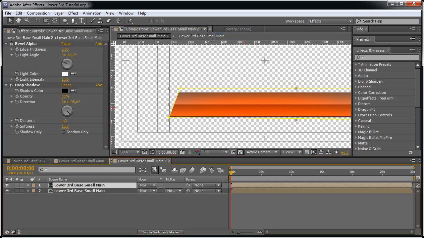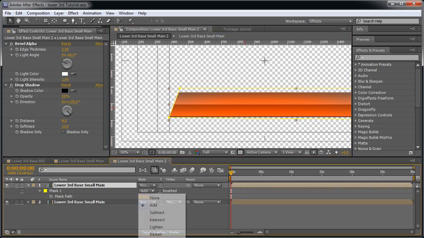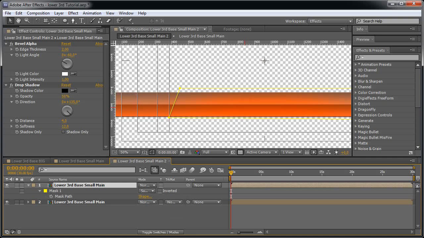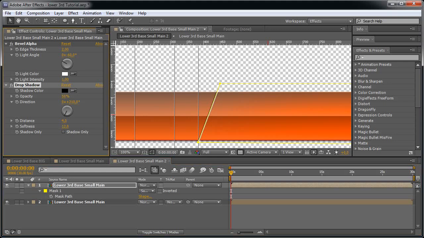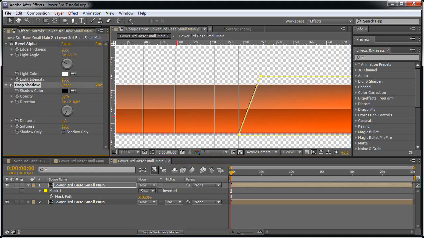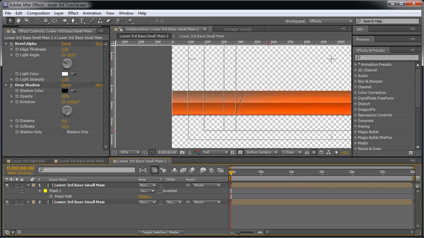And just duplicate our layer, hit M and set the mask to subtract, and let's see, probably change the shadow direction and probably move the mask a couple of pixels, or maybe not. So let's leave it like so for now,